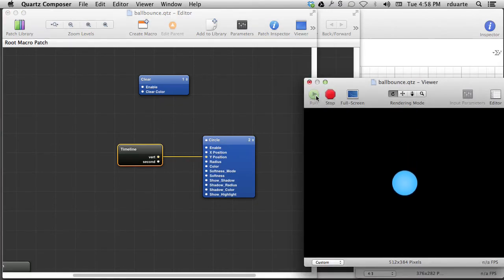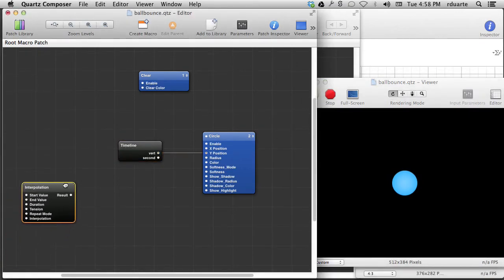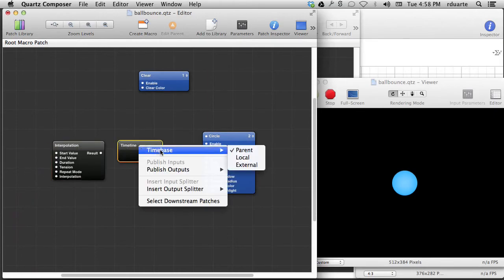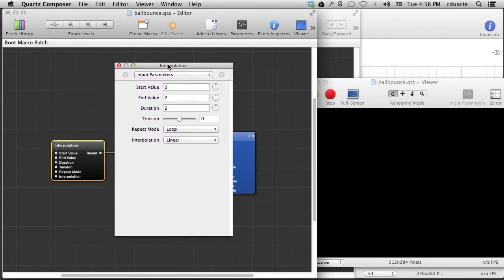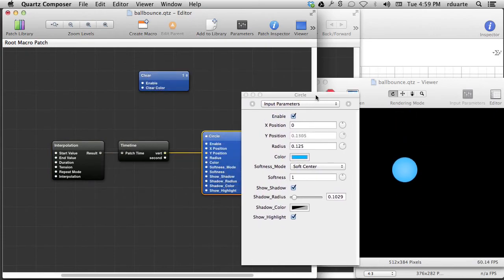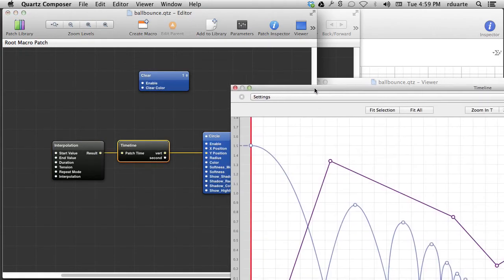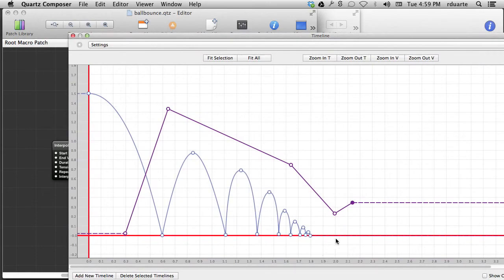Pretty nice. How can I get it to start over when I click the mouse? Well, what if we add an interpolation as its external time base? Starts over. And why is that? Because my interpolation actually, so I used the integrator before. It went from 0 and just kept going, and I was using the mouse to reset that. But interpolation works too, because it goes from 0 to 2. I'm only using 2 because if we look at the timeline patch, it seems to be done bouncing around 2 seconds. So it bounces, it rests for a split second, and then